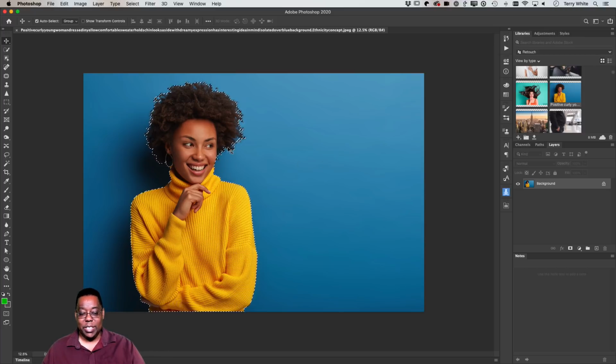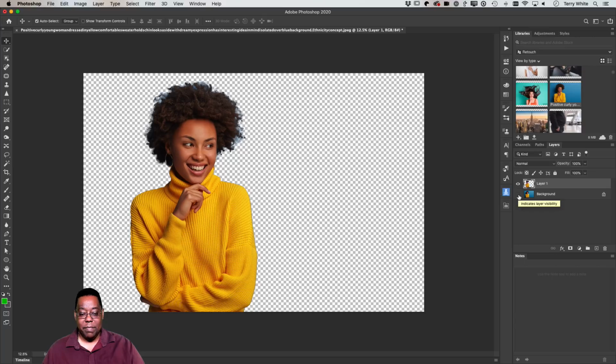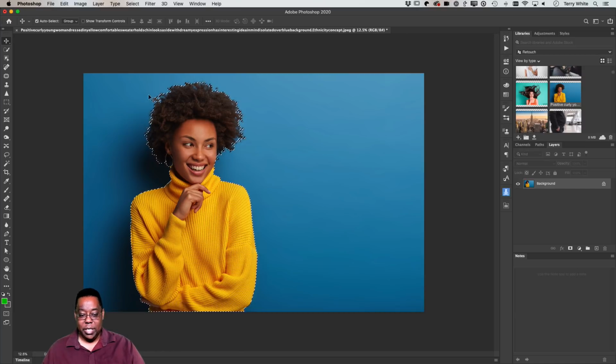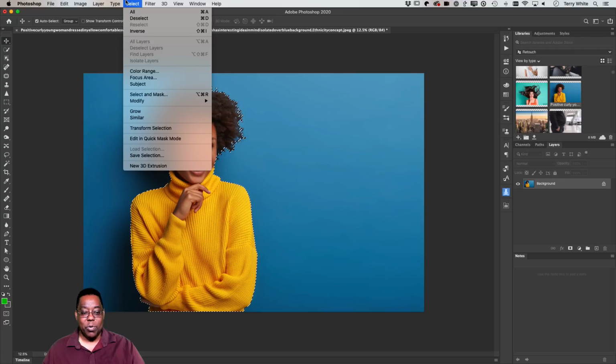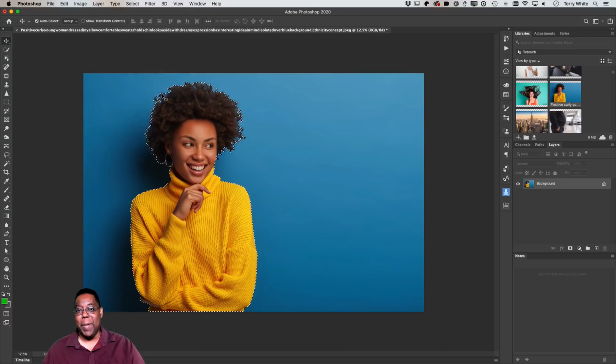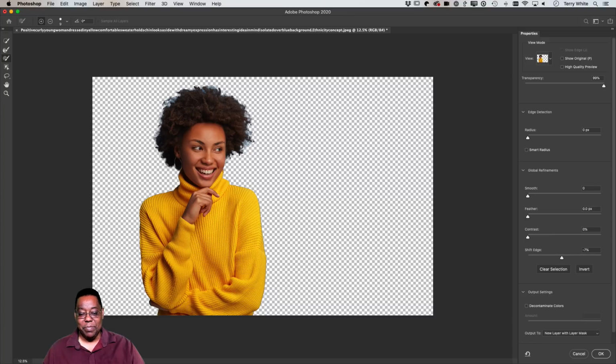Now that selects it, and I could just duplicate that onto its own layer just to see it and turn it off, and it did a much better job than select subject ever would have done, but there's still a little blue left over. So let's undo, and let's go back to just that selection where we would use the complementary function of select and mask to fine tune it.